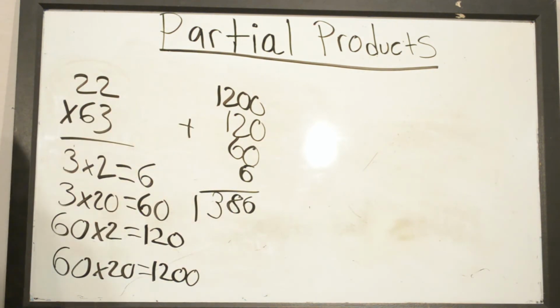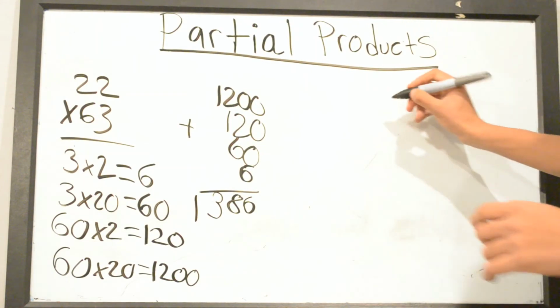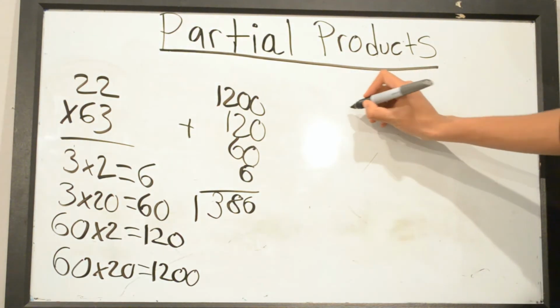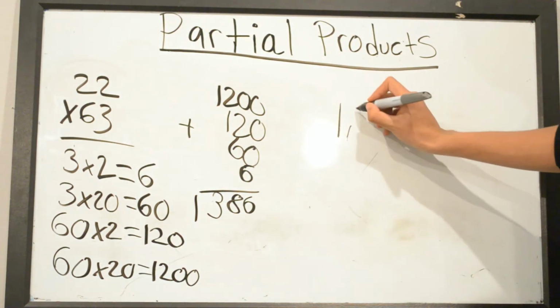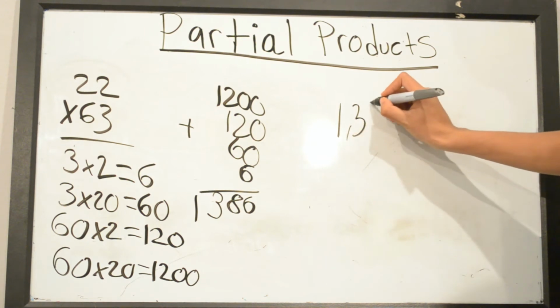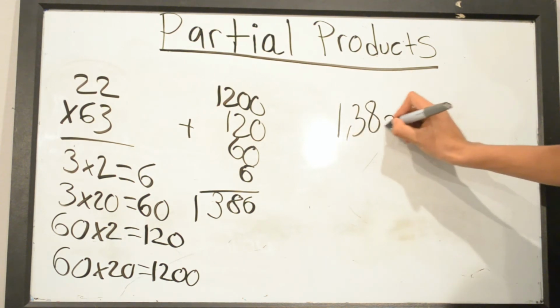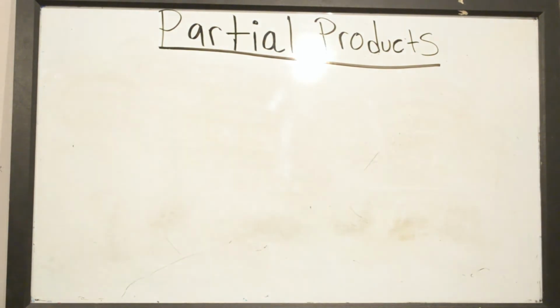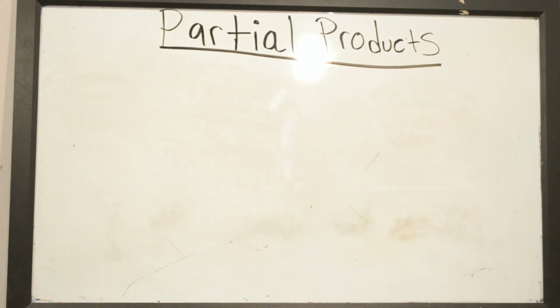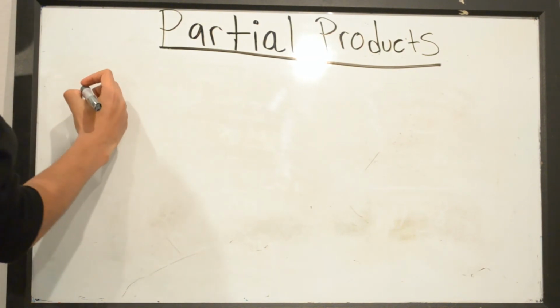So for our final answer, right here we're going to write down 1,386. So for our second example for the tower method, we're going to be using 23